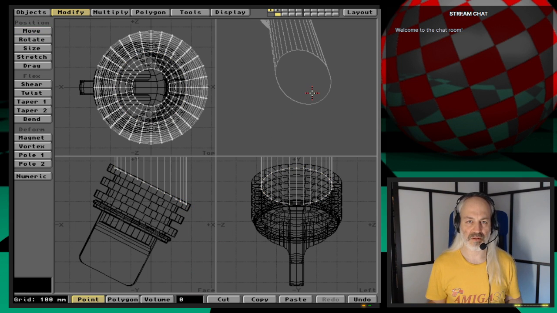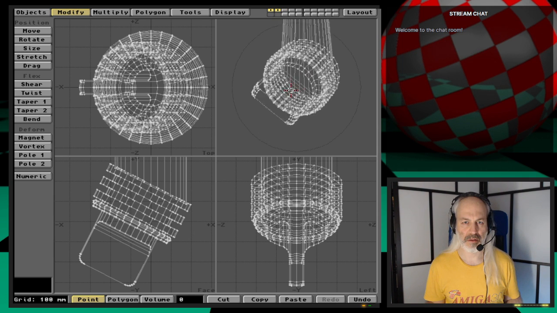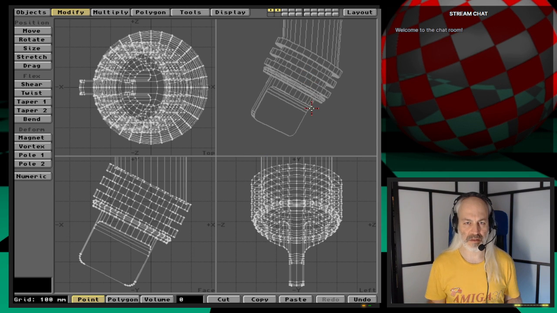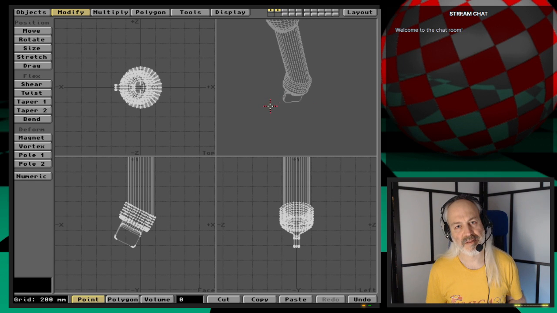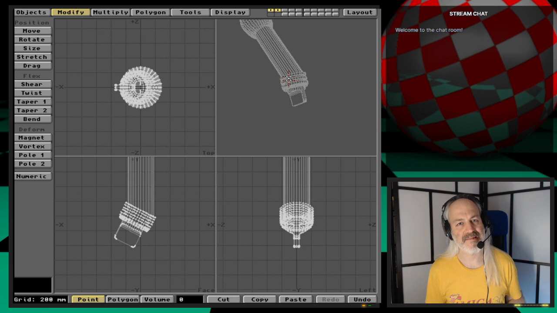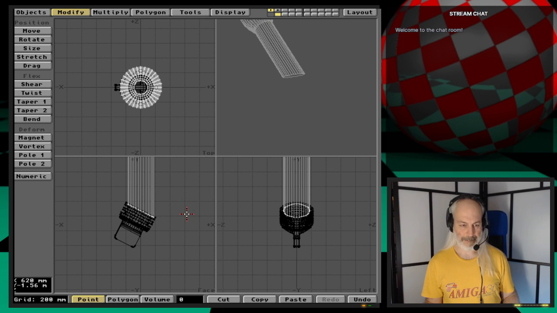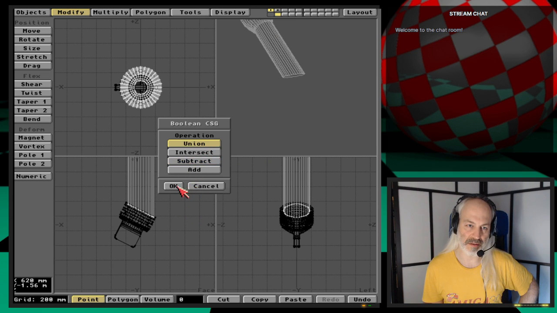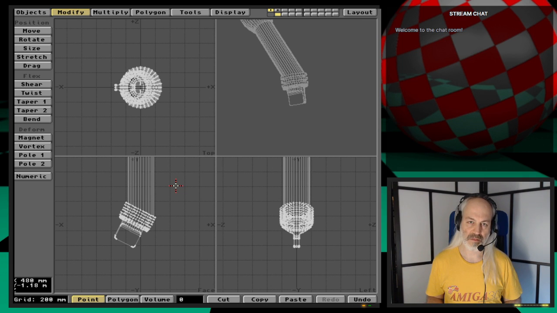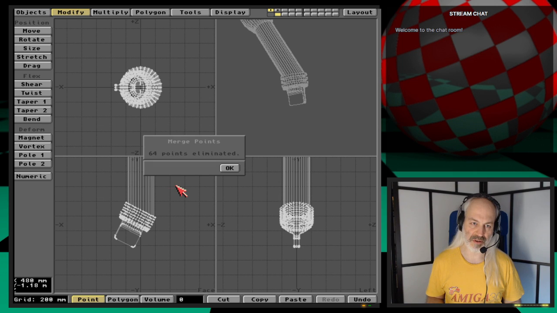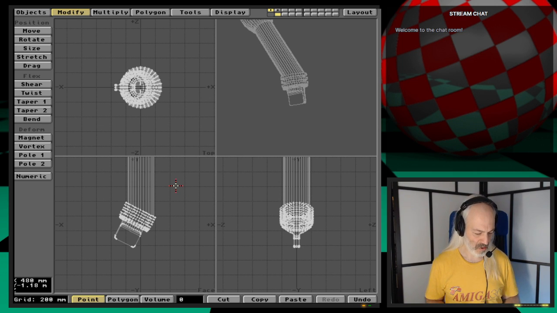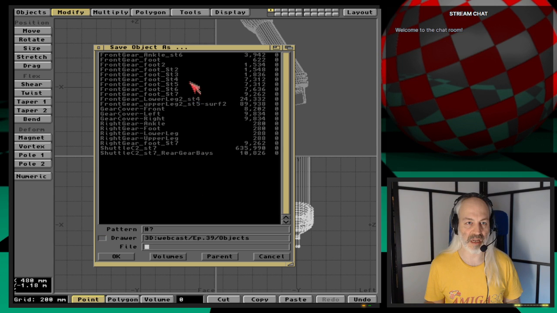So if I apply that, that should look like this. Okay, that should look something like that. Let's go ahead and apply that. Shift B, Boolean as union, and cross your fingers. Yes, everything went correctly, with automatic merging of points at the same time. That went very, very well. Deleting that, I have this one, and saving that object as